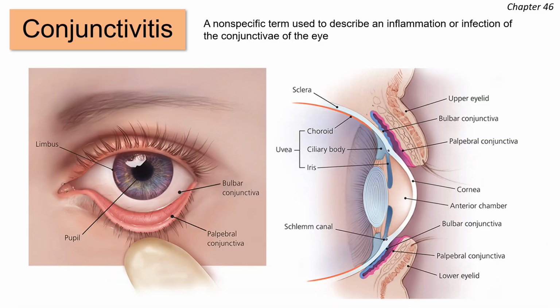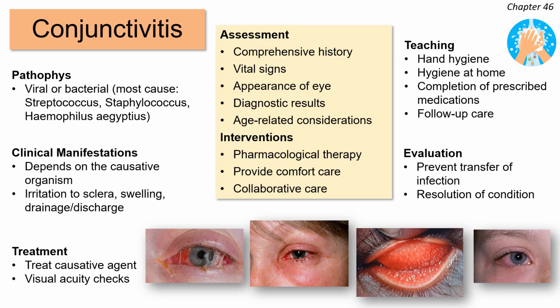Next is conjunctivitis. So conjunctivitis is an umbrella term. It's used to describe inflammation or infection of the conjunctiva of the eye. There are several types of conjunctivitis. Just remember that that's an umbrella term, it just means infection or inflammation of the conjunctiva. So they can be viral, bacterial, it can be related to allergies, all kinds of things. So most commonly we have allergic